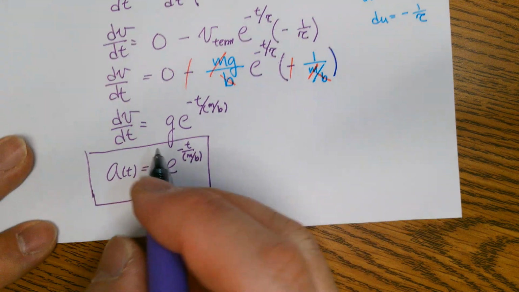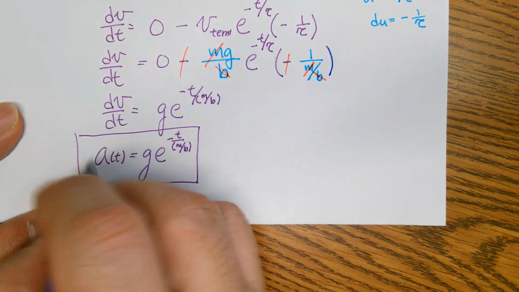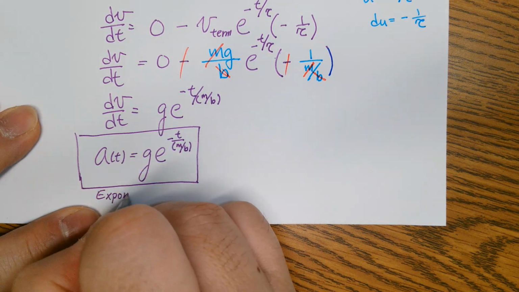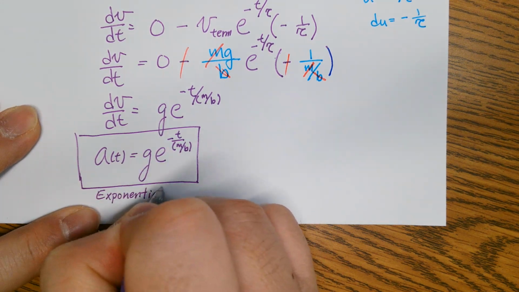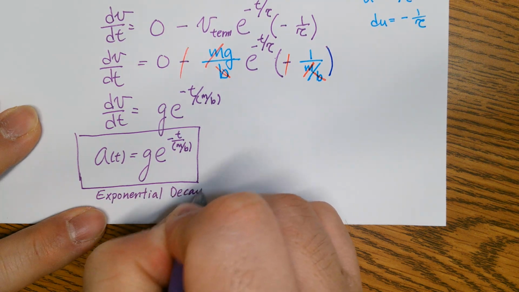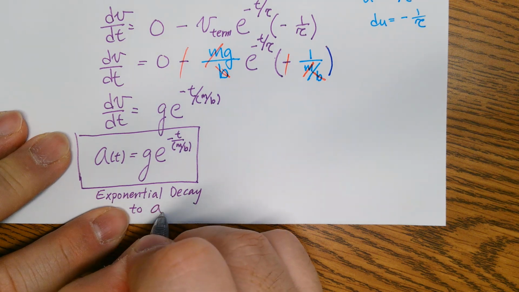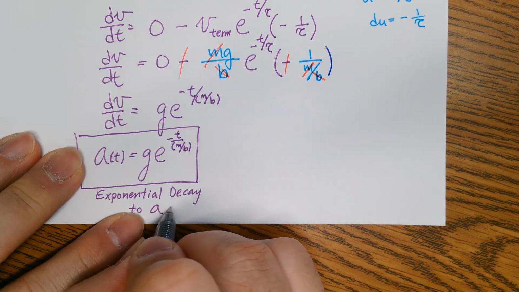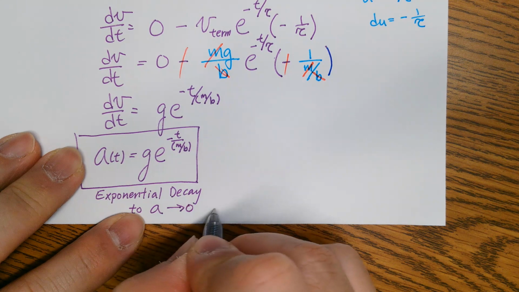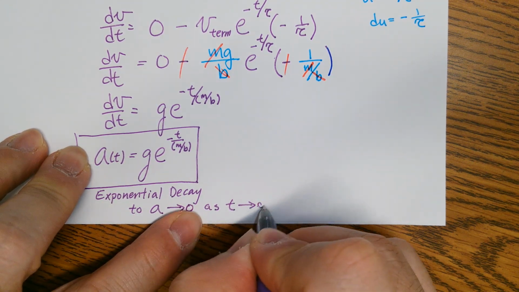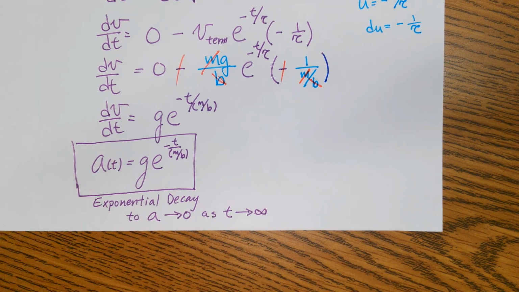So this looks like an exponential decay, right? So if I were to graph this,